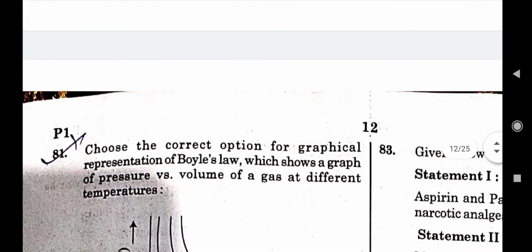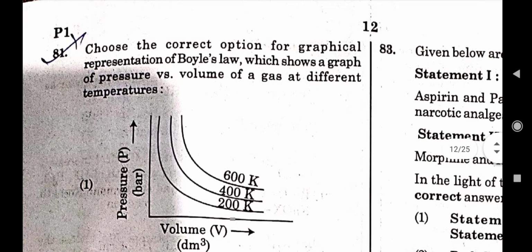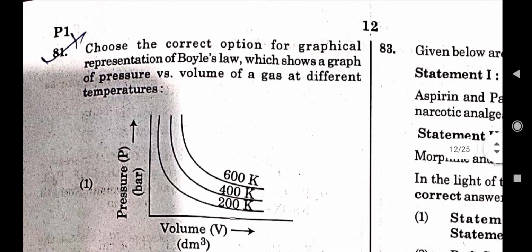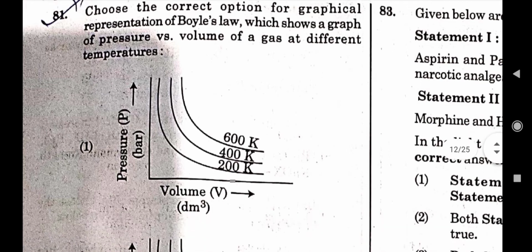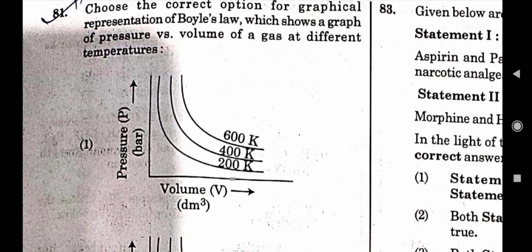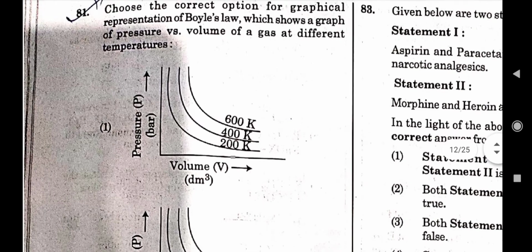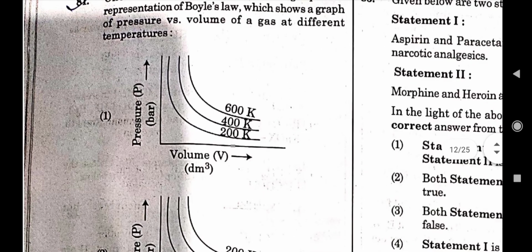Now coming to question number 81, choose the correct option for the graphical representation of Boyle's law, which shows a graph of pressure versus volume of a gas at different temperatures. इसका जो correct option है that is पहला वाला option है, pressure volume, 600 Kelvin, 400 Kelvin